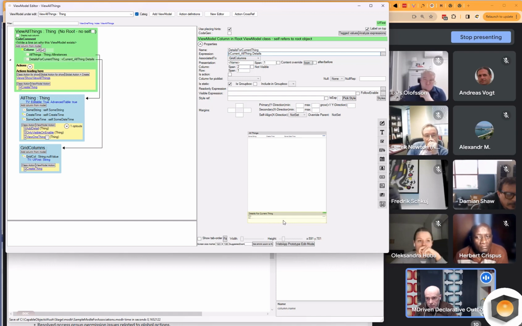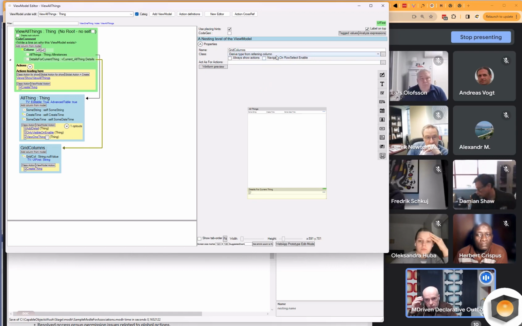And if I want it there, I'm not sure, let's have it there for now. And this one then points down to this, which isn't really finished.